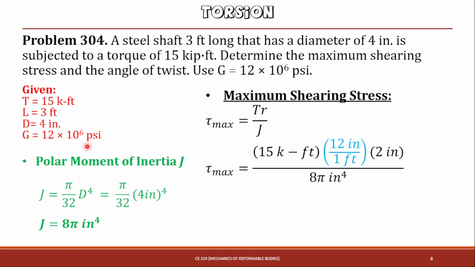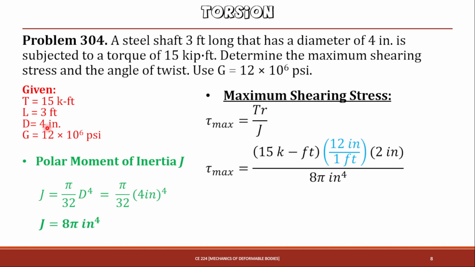By the way, hindi pa naman natin gagamitin yung modulus of rigidity. So, okay lang na kips muna yung gamitin natin. So, ang i-convert ko lang dito muna ay yung feet. Ginawa ko muna ng inches yung feet para may consistency ng units. Tapos, yung magiging stress natin would be kips per square inch. Pag ginawa yung pounds ito, magiging pounds per square inch yung shear stress natin. Okay? So, yan, 15 kips feet times 12 para maging inches yung feet dito times yung